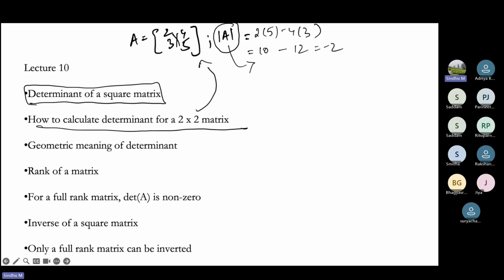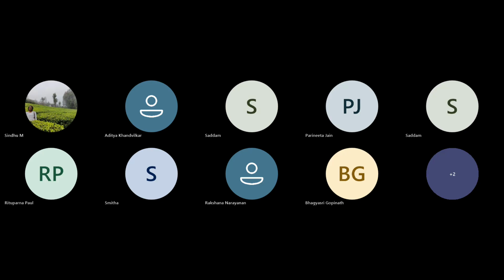So we were discussing how to calculate determinant for a 2 cross 2 matrix. And after that, in the lectures, we also discussed the geometric meaning of a determinant. So for example, if there are two vectors, maybe this is A and this is B, then the